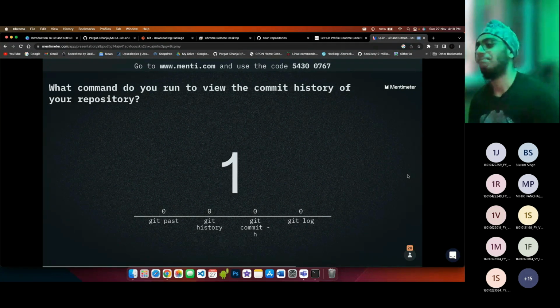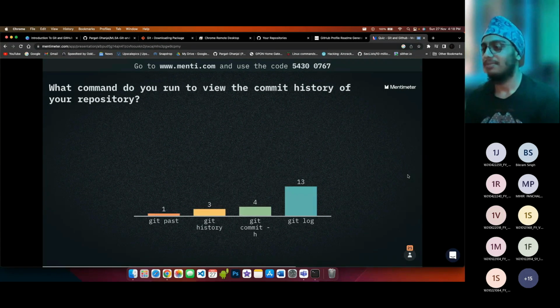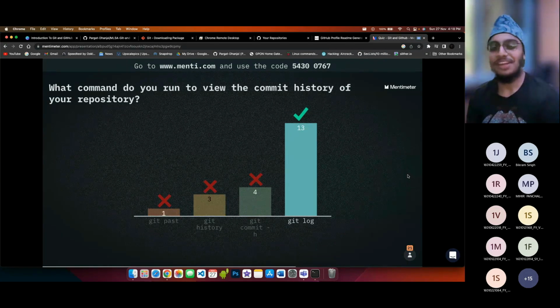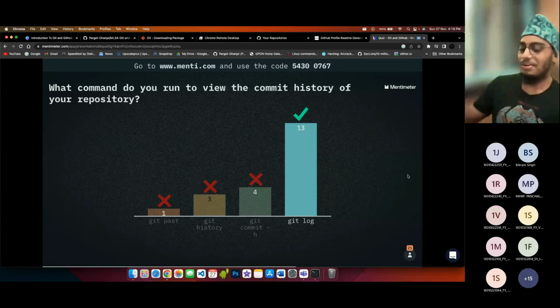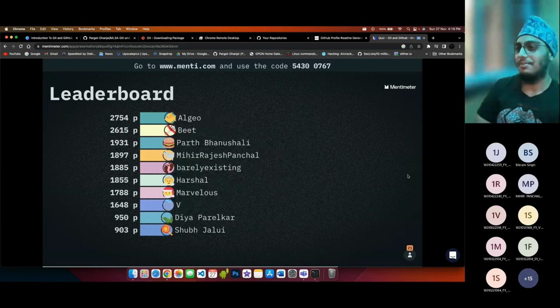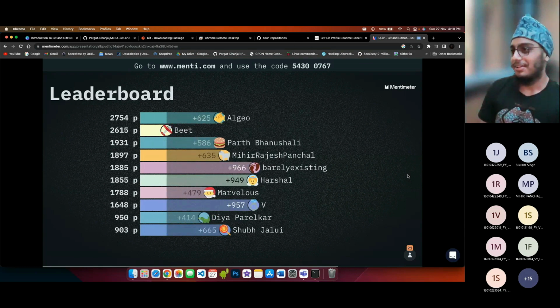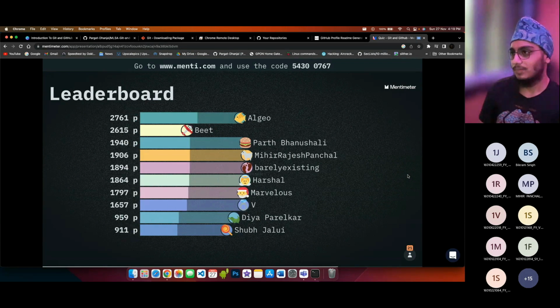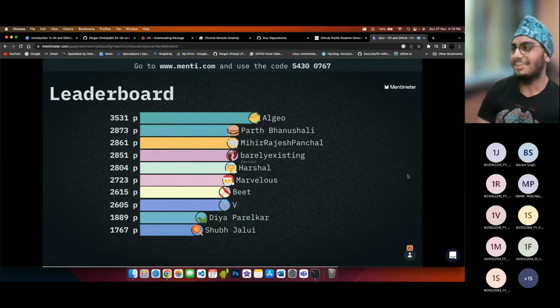Okay, let's see. Okay, most of you got it right this time. So it is the git log command by which you can see the log of all the commits you have made, right? And let's see the leaderboard, right? Okay, great. So Algio is first, Parth is second, and Mihir is third. Nice. Let's move on